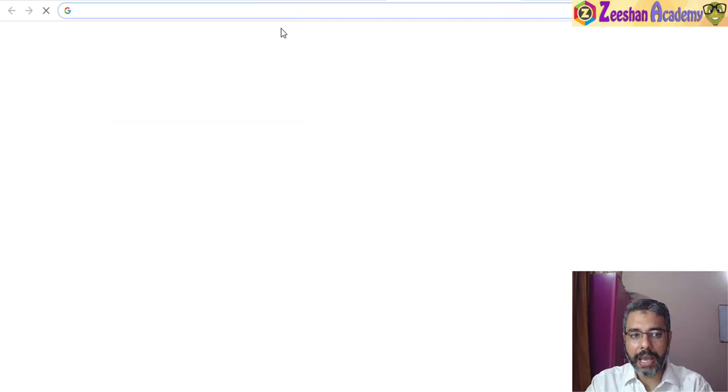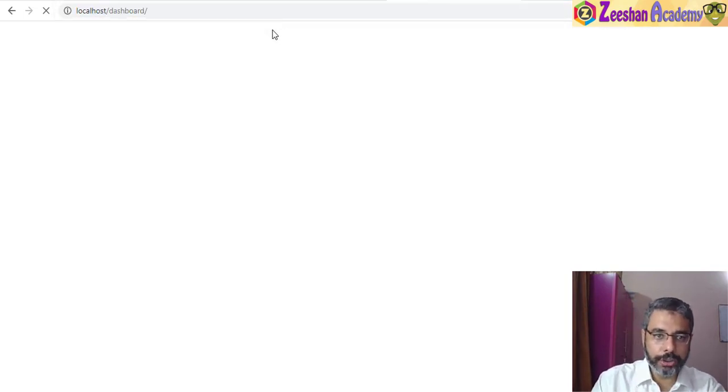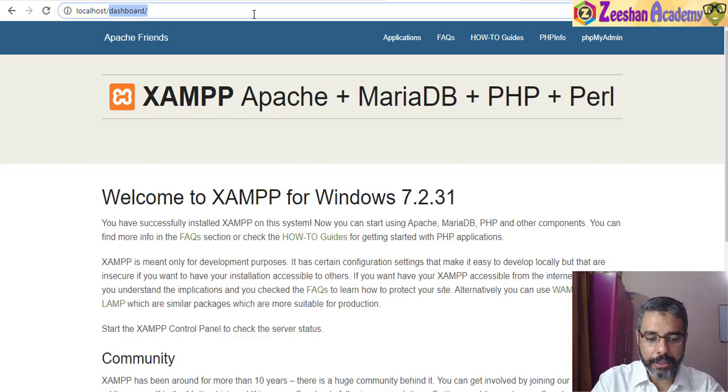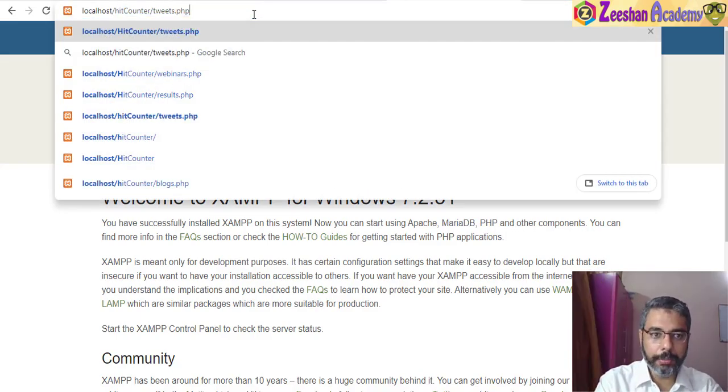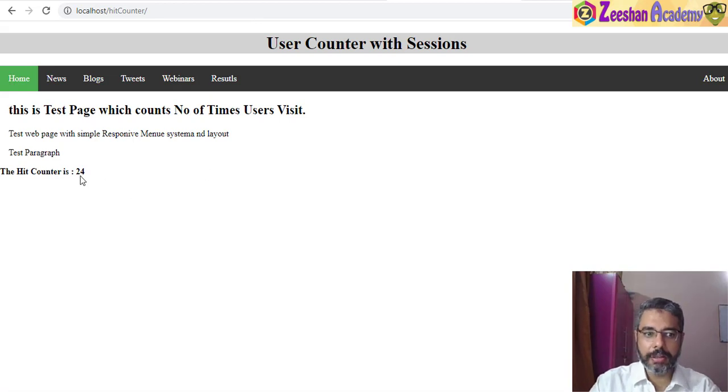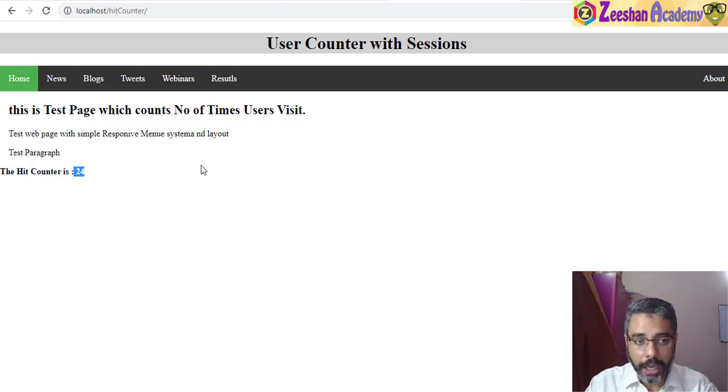So we opened the new tab, we wrote the address again, localhost, hit counter. But what it did was it maintained the session. Okay. So if I come into hit counter again, press enter, see this session is still being maintained, because it remembers that it's the same user from the same PC from the same browser window. So your URL, your port number is being maintained, and the session ID based on that is being maintained. So it identified that I'm the same user, I have the same browser, I have the same window. And since the session has not been destroyed, the session was continued. So that's sometimes what happens when we continue to visit certain websites. Even if we close the browser, or open it accidentally and open it again, we see that our session